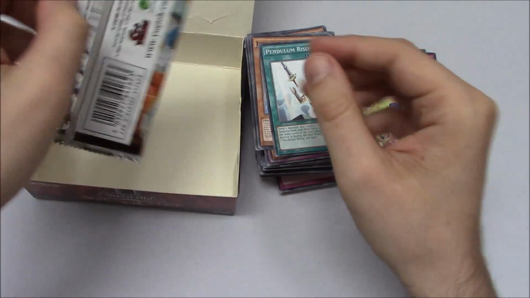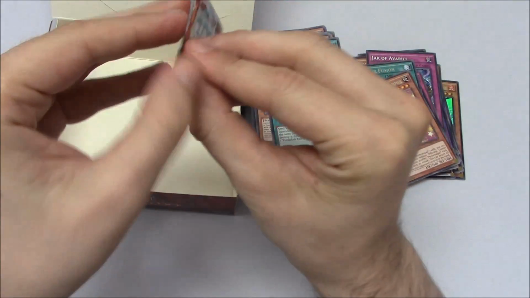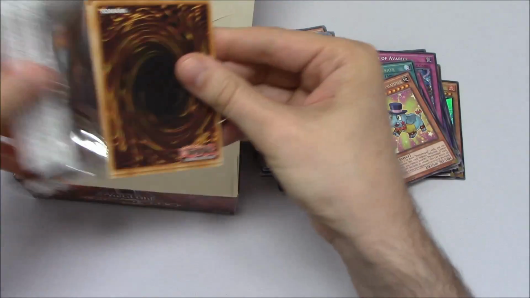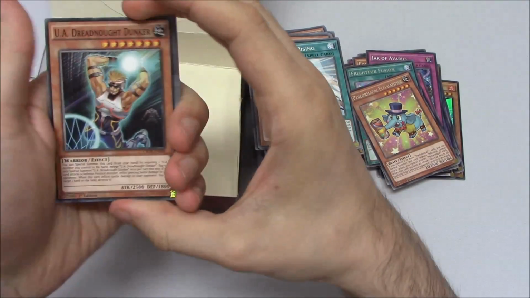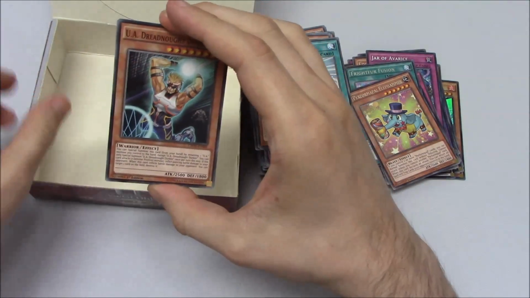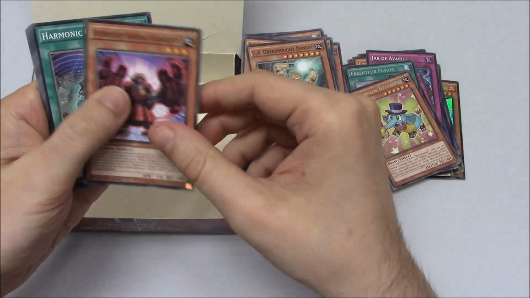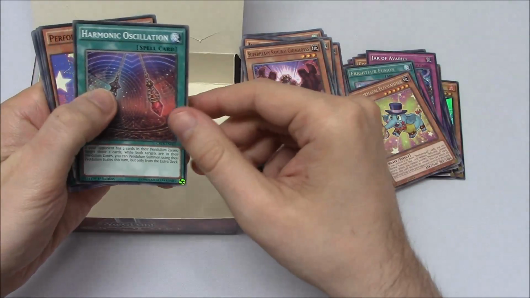Just 1 pack left, guys. Is it going to be a good one? I really hope so. Let's see what we got here. I'm going to be very careful not to sort of spread these out so you get to get a sneak peek before you're allowed. A UA Dreadnought Dunker here, Super Heavy Samurai Giga Gloves, Harmonic Oscillation,